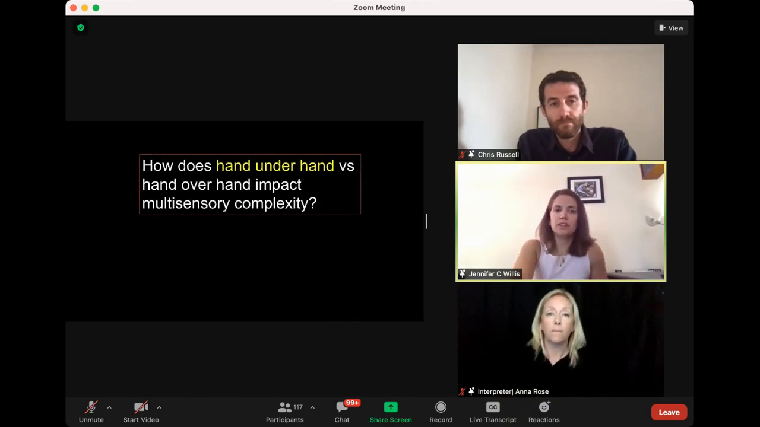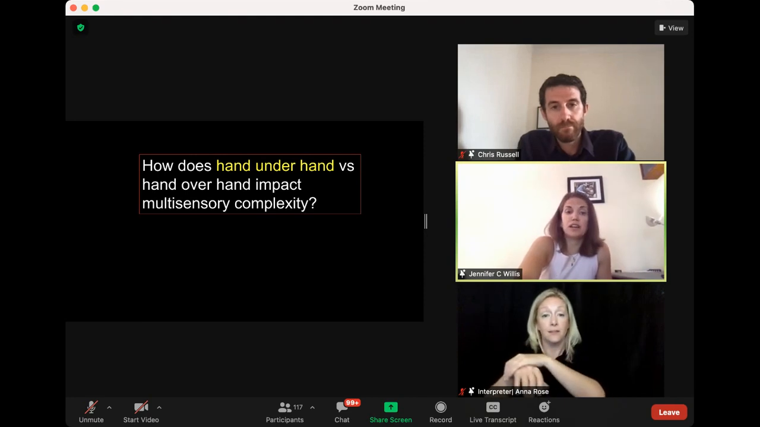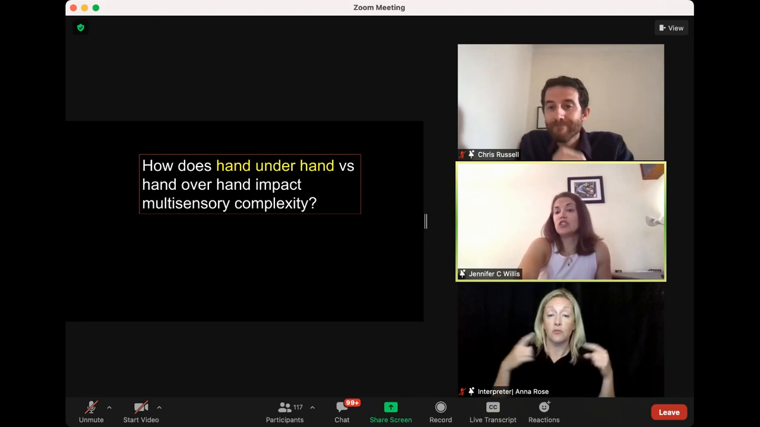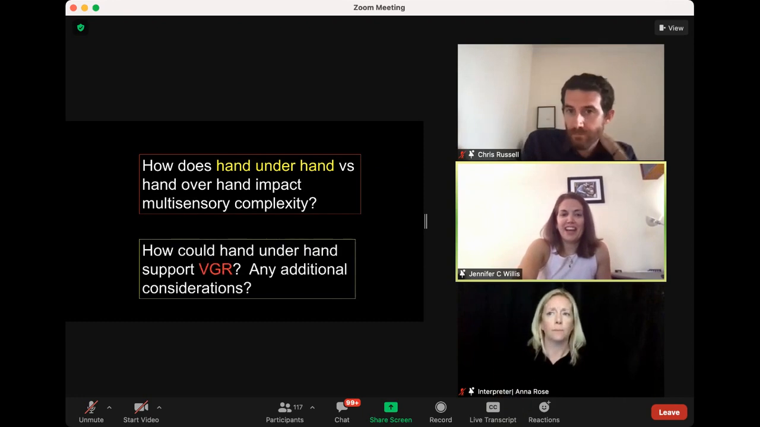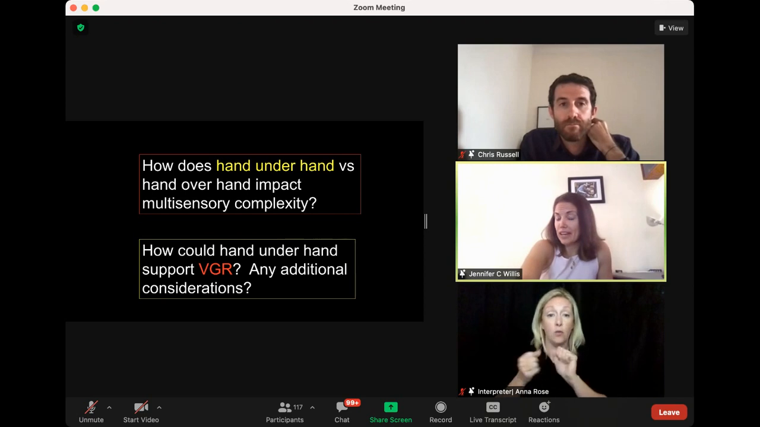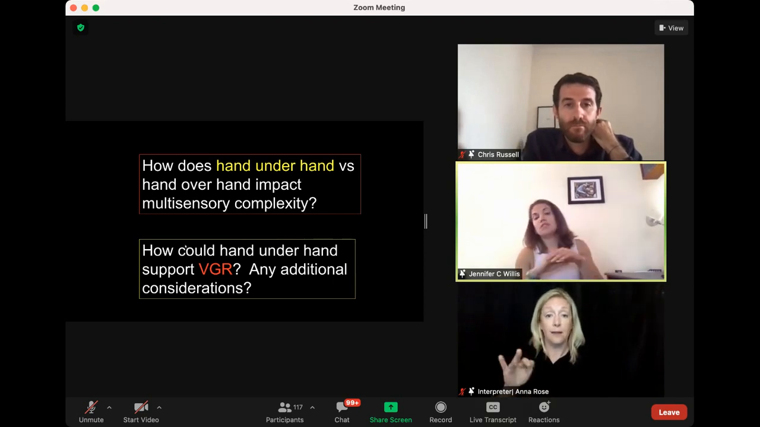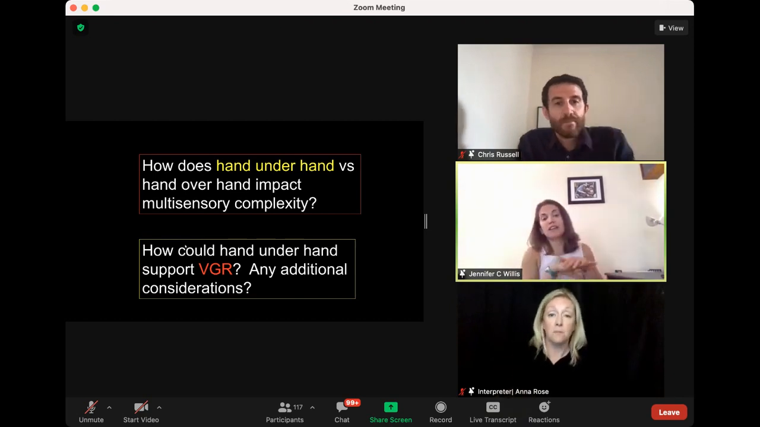So just something to think about, and feel free to put your comments in the chat box. How does hand under hand versus hand over hand impact that multisensory complexity for our students with CDI, who maybe can't handle looking and having physical contact with someone at the same time, hint, hint? And also, how could hand under hand support visually guided reach? Any additional considerations when we're thinking about ways that we help our students interact with objects and participate in that visually guided reach that we need to